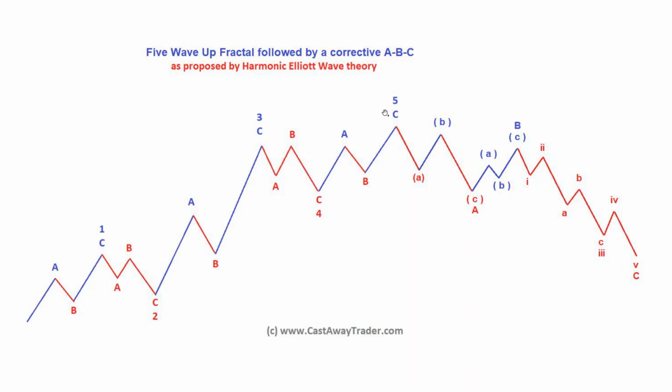So once we complete that first drop structured as A down, B up, and C down, though it might be only the first leg down in a large wave A down, then we may get a pullback in B up which might not reach the top we saw on the day of the IPO, and only then